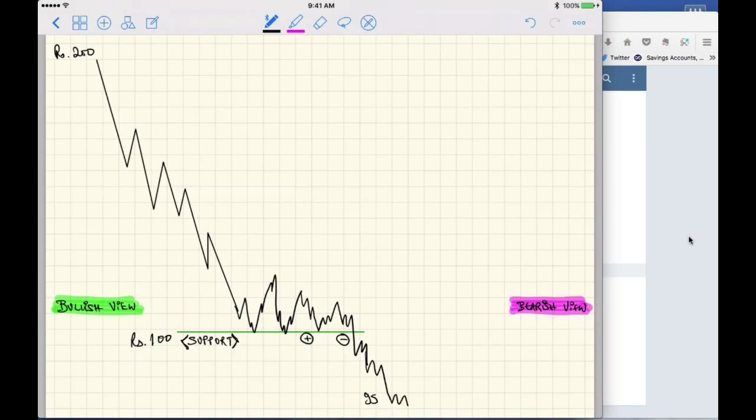And if it falls further, let's say comes down to 93 or 92. Now at 93, 92, the person who bought is not very happy at all. But on the other hand, the person who shorted is actually making a quick buck because he got his analysis, research and trade right. What the bullish guy will do here, because he has gone wrong, at 93, he will use what is known as averaging out.